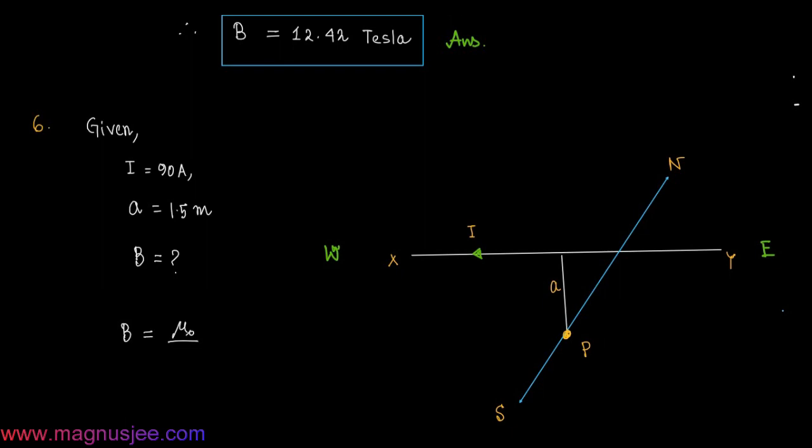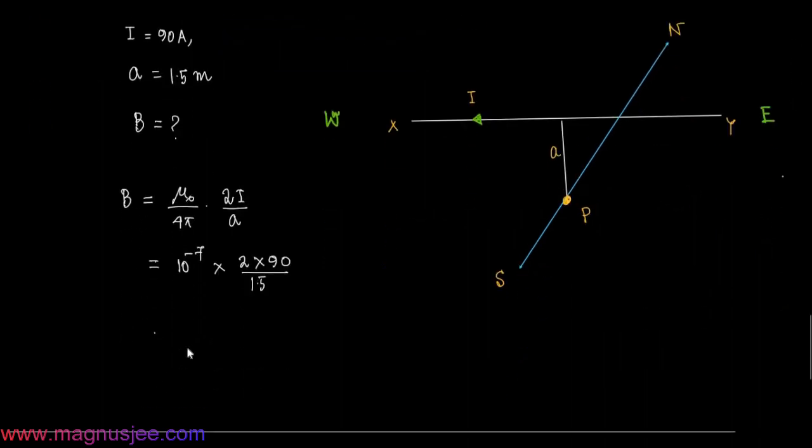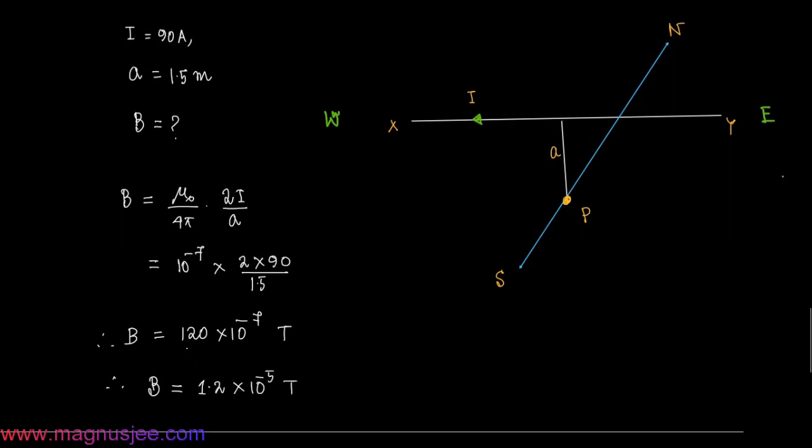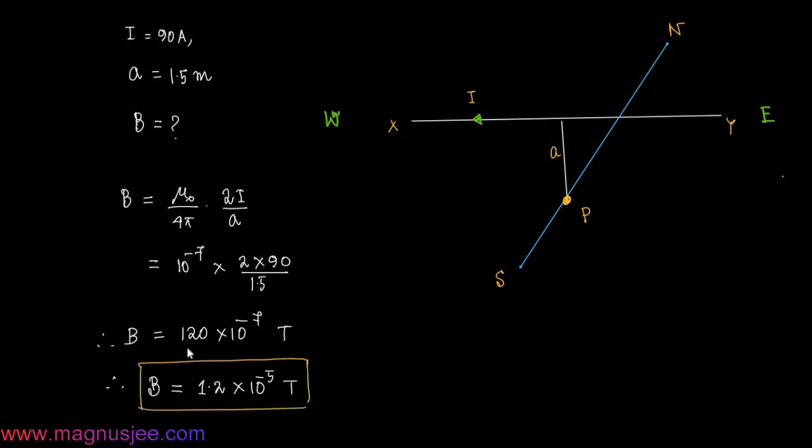Magnetic flux density or field induction at the point P below the conductor XY is mu 0 by 4 pi into 2I by A, twice of electric current divided by perpendicular distance, equal 10 to the power minus 7 into 2 into 90 divided by 1.5. Therefore, B is equal to 120 into 10 to the power minus 7 Tesla. Therefore, B is equal to 1.2 into 10 to the power minus 5 Tesla, which is the magnetic field induction